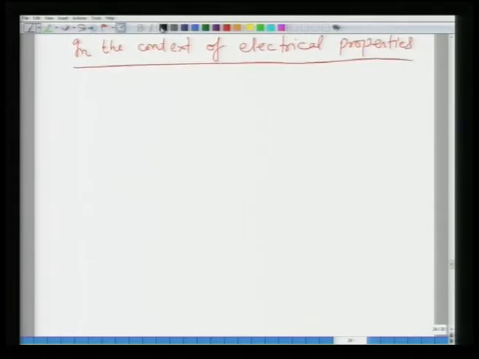Okay. So, when we talk in the context of electrical properties, we have to define the force. What is the electrical force? We have so far defined that diffusion is taking place because of a chemical potential gradient. Now, in the electrical context, the movement happens because of some electrical force, and this electrical force